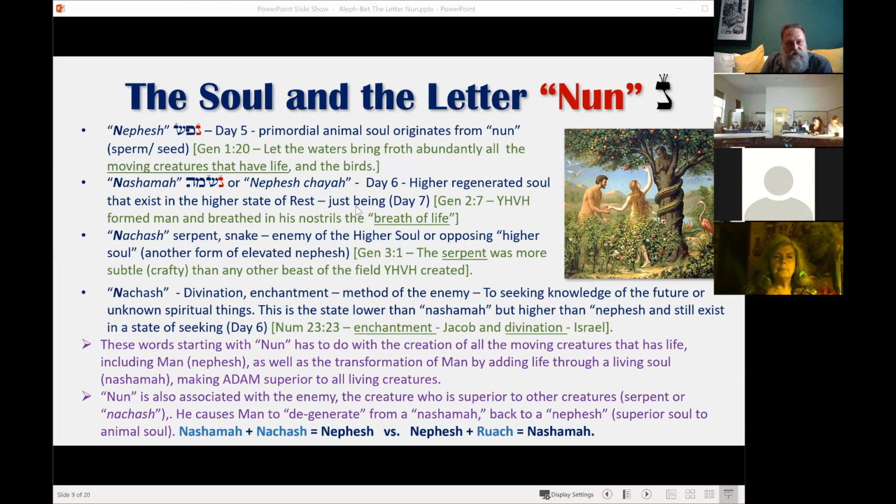The first one is neshama, which is nun shin mem hey. Now neshama, we see the 2 letters shin and mem inside of there. And when we looked at the previous study, mayim, we also had the context of the column of fire and the column of cloud. So we see those 2 processes, which is the process of elevating, and that's also Jacob's ladder. That's the connection back to Yahweh, or the rejoining to oneness from the world of duality to the spiritual state of unity back with him.